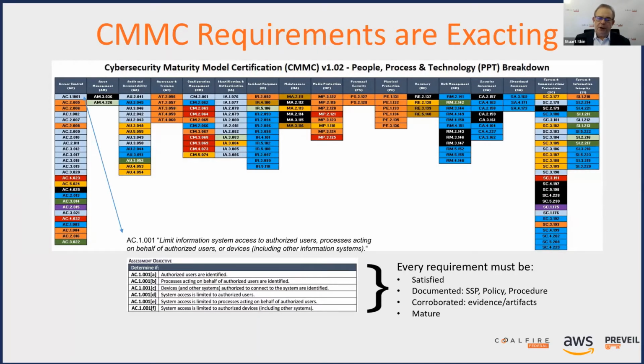And so that is a little bit of the insight in terms of the effort that Orly referred to and the cost that's involved with really addressing this. What I'm really trying to do is shape and give you some insight into what the problem is that needs to be solved in order to be CMMC compliant, to satisfy these requirements. So if we go to the next slide,